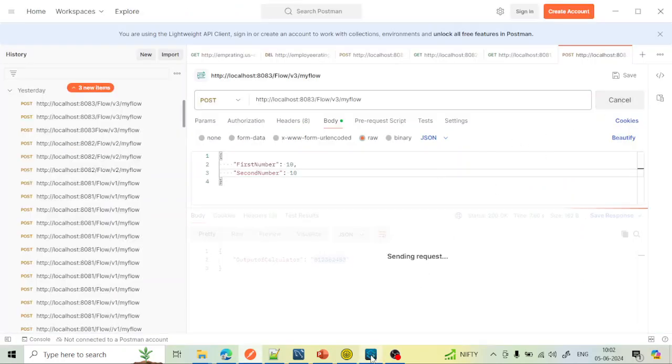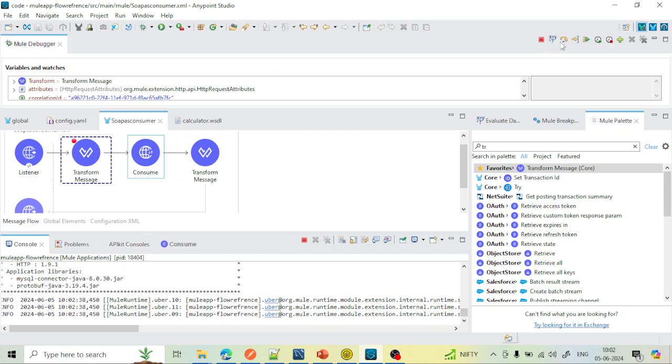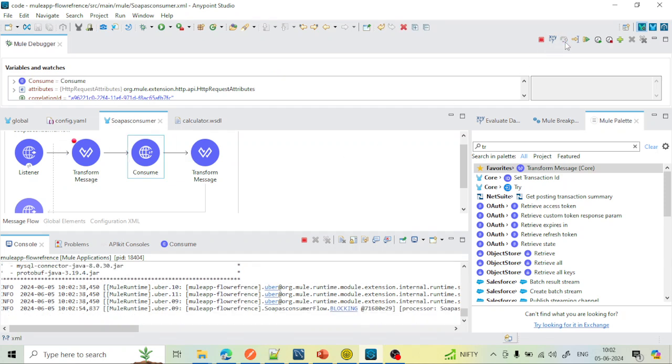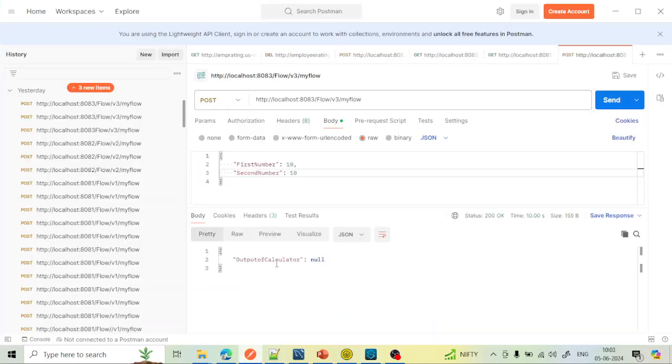Okay, the flow is heated. Now it came here. Move forward. I am injecting int a. After that I am preparing the response. Let's see. Okay, it is coming null. The reason is that